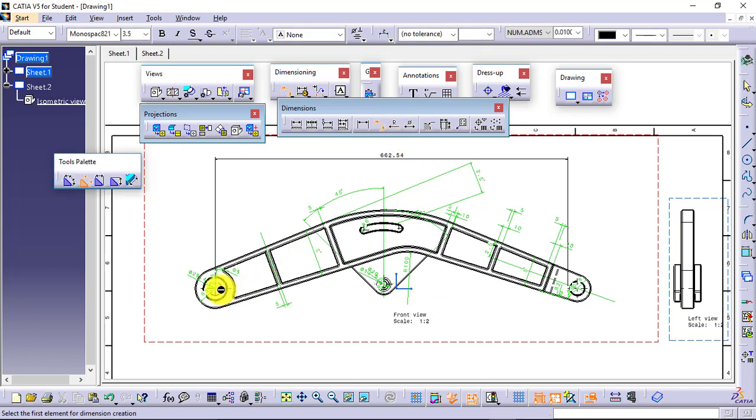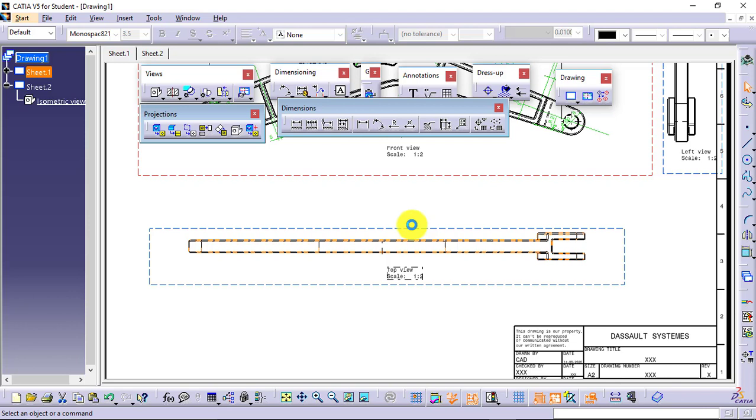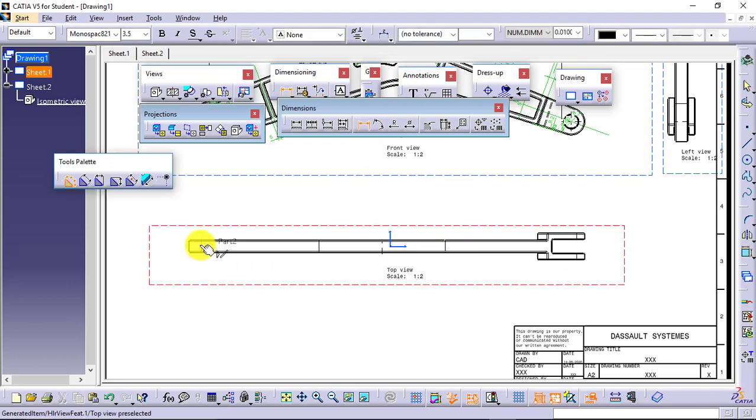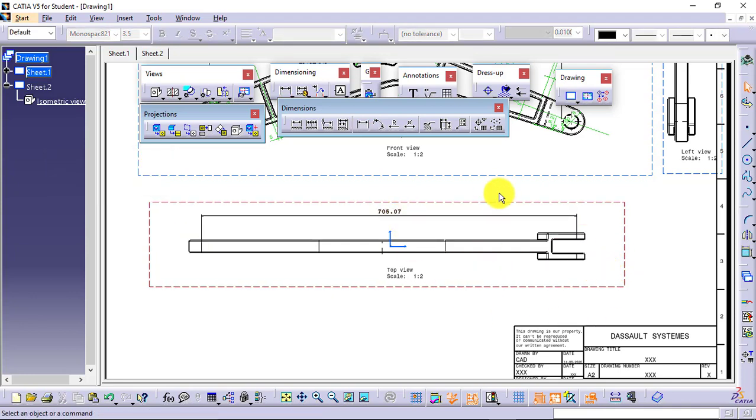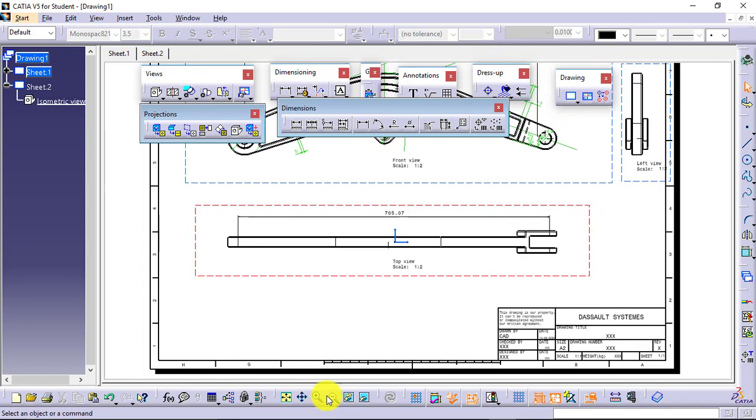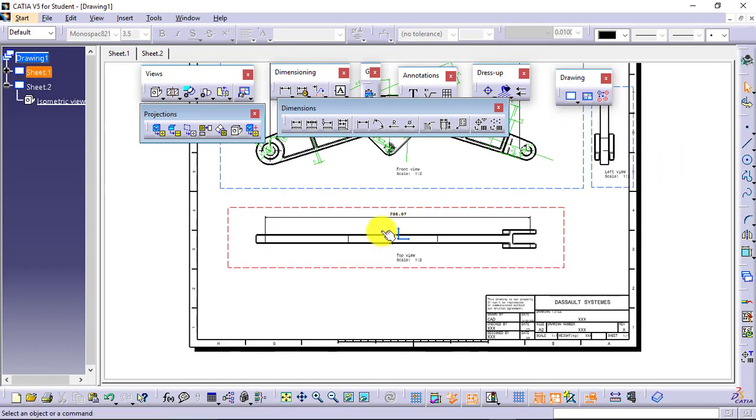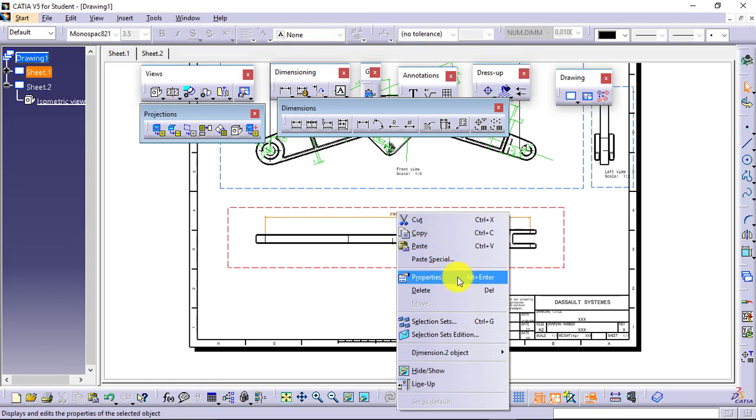Angular dimension or angle dimension, then you will need to define, say I want the angle between these two, and I can define. Remember, whatever dimension you place, or whenever you place the dimension, it should be placed in the activated view only. If you want the dimensions to be placed in some other view, then first activate that. Now place the required dimension like this. Then whatever the dimension you have placed, you want to change the properties of those dimensions. So right click, properties.